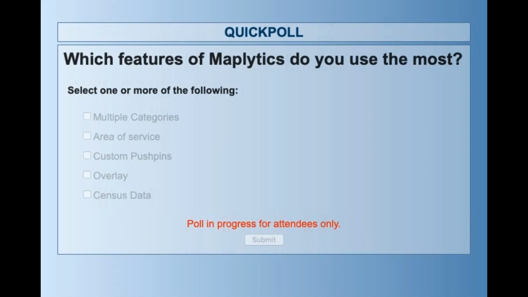I'll wait for a few seconds more. You can enter your votes for the features that you use or like the most. Okay, so now I am ending the poll.